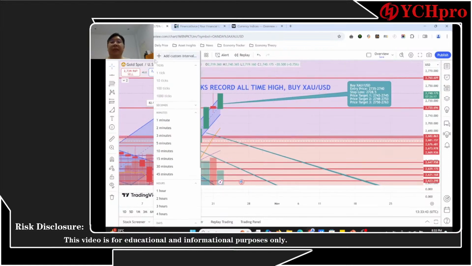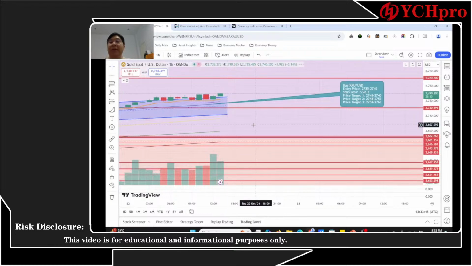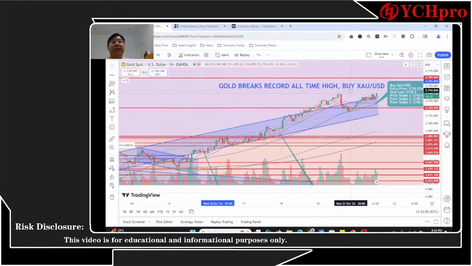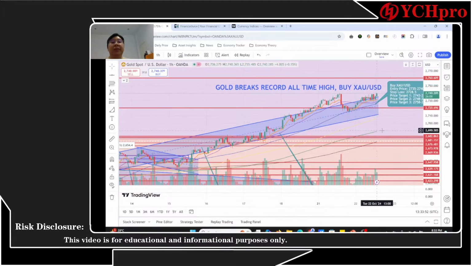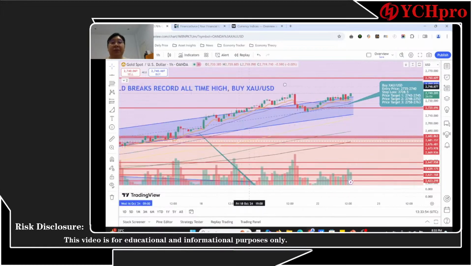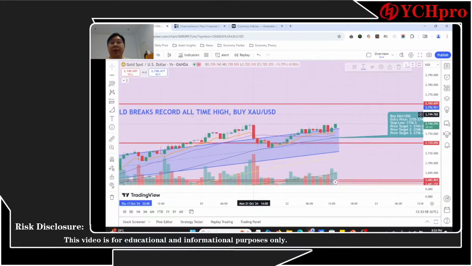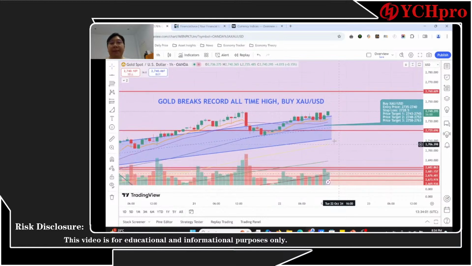Gold is definitely the most interesting trading pair right now, guys, because I'm seeing a possible chart formation. Okay, so let me draw it for you guys. I'm actually seeing a cup and handle formation in this 1 hour time frame,